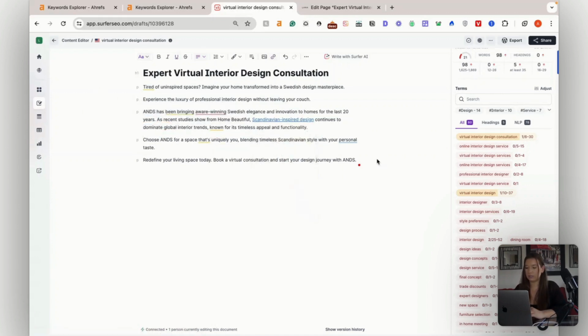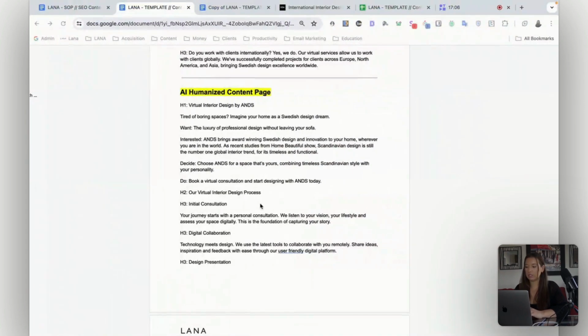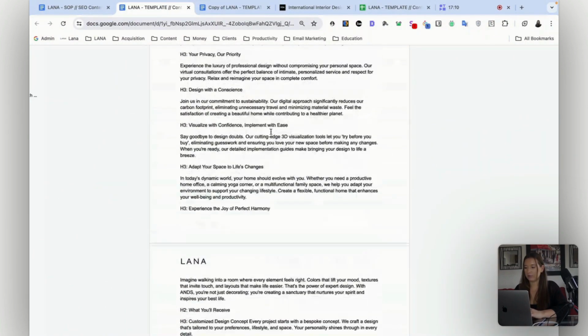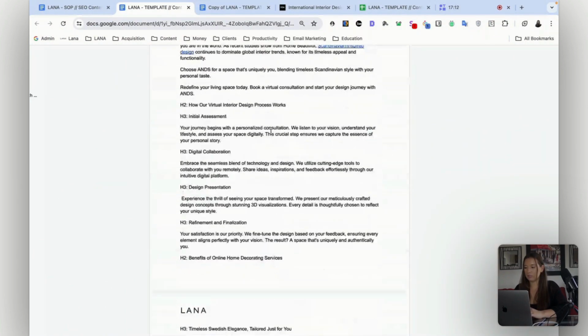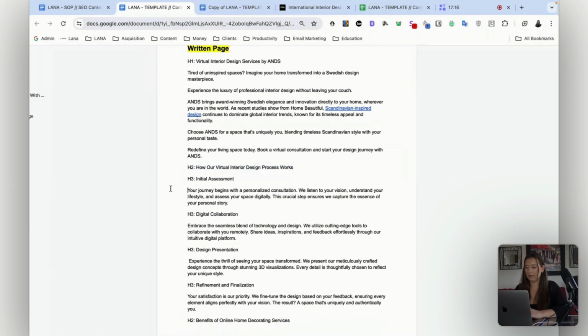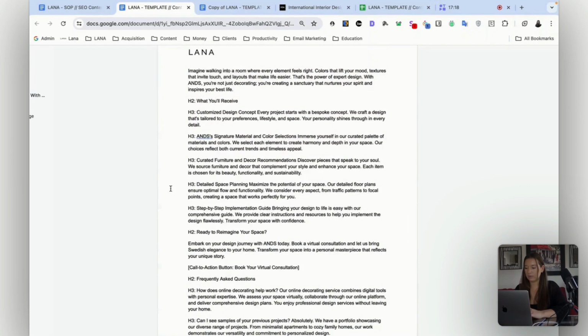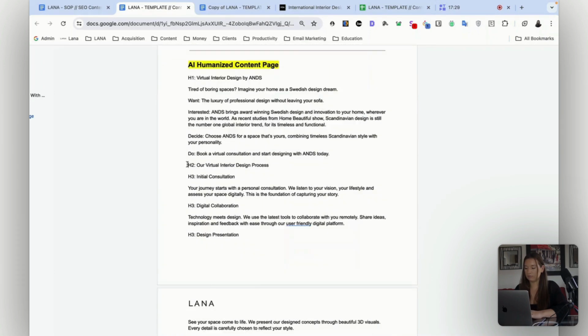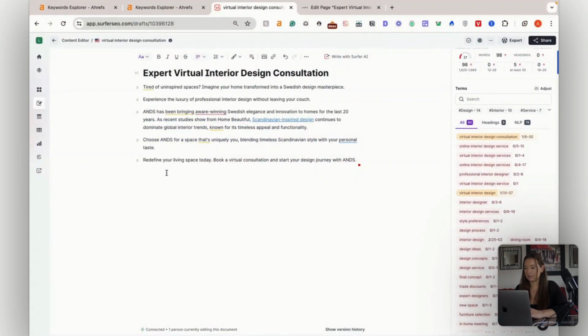External links still looks really good, but yeah, okay, cool. And then that's where I want to add. And then maybe I can add like online interior. Well, let's keep going and let's see what else is here. So then we just want to keep going. And then our H2 is how our virtual interior design process works. Let's take a look at what this H2 says. Our virtual interior design process. Okay, let's see. So I'm just going to put this,